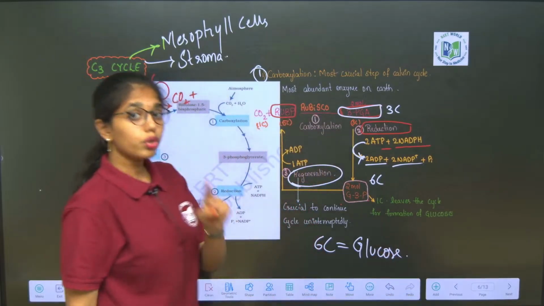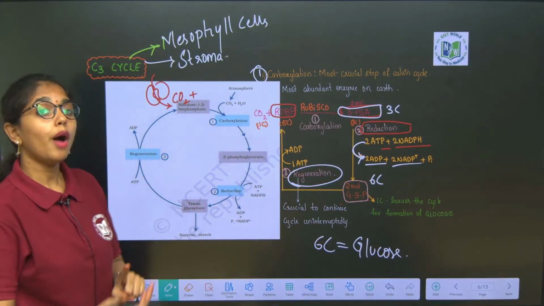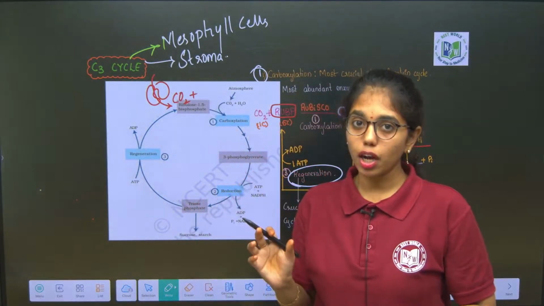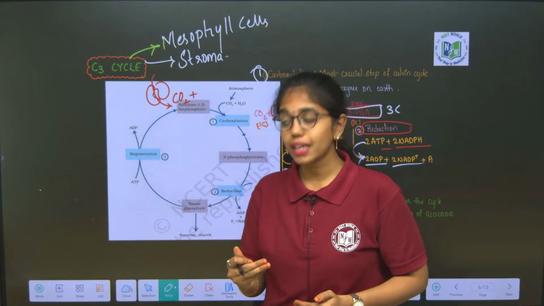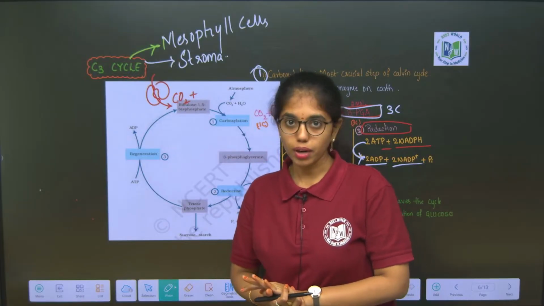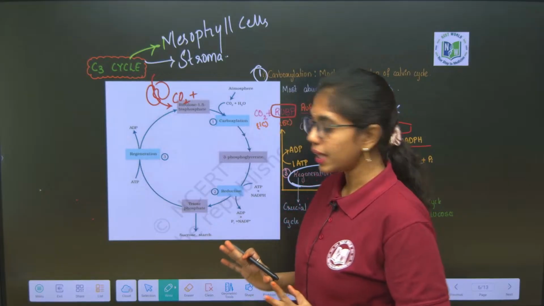6 carbons will make 1 glucose molecule. So, to form 1 glucose molecule, how many carbon dioxide fixations have to take place? 6 carbon dioxide fixations. And how many times does the Calvin cycle have to run? 6 times the Calvin cycle has to run. Clear, right? Understood till here? So, here